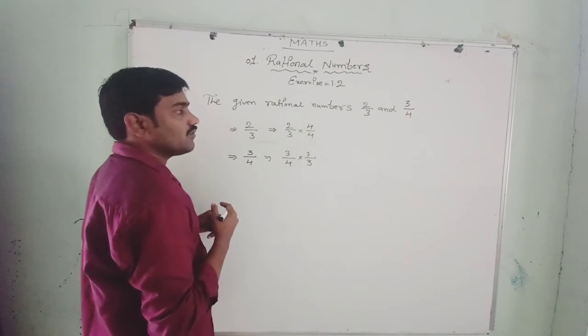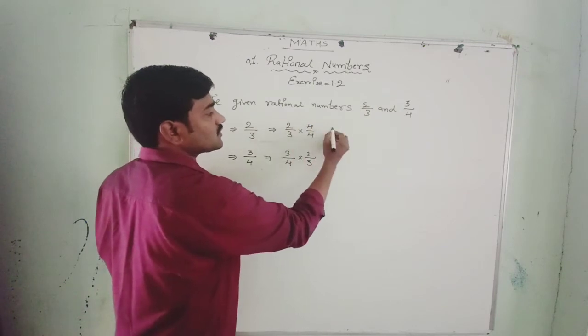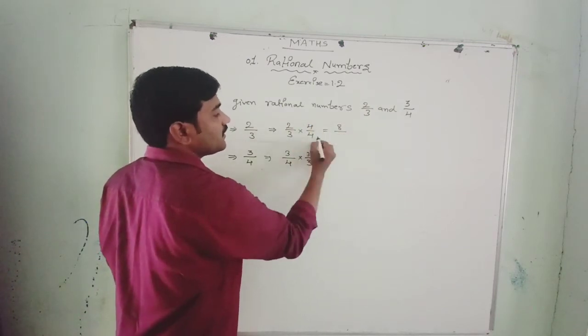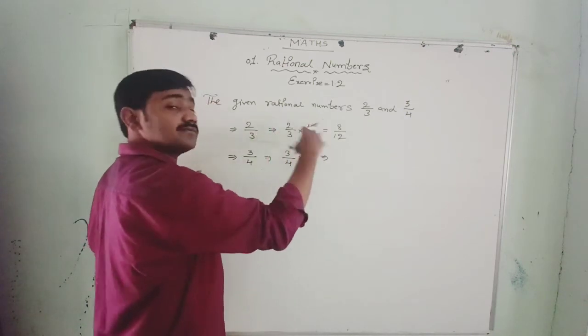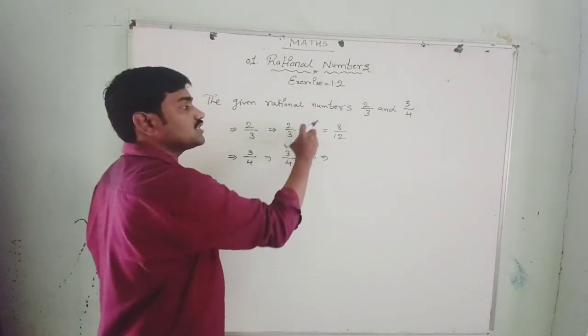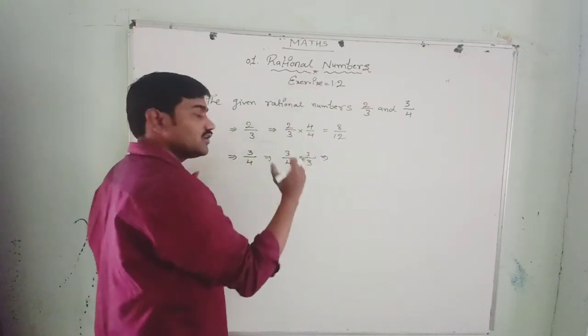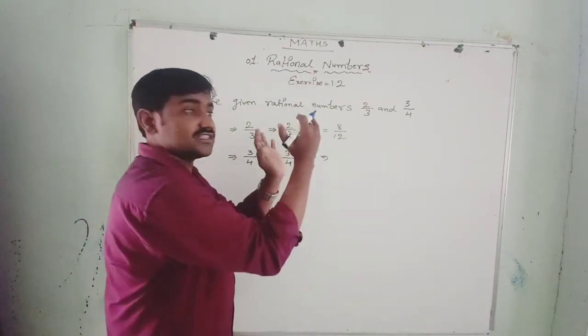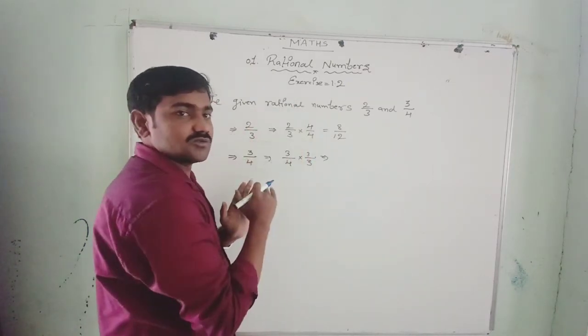Yes. Now what you get? See, you will get here 2 4s are 8 by 3 4s are 12. అంటే ఈ 2 by 3 ని 4 times ఇంక్రీజ్ చేస్తున్నాం. For this 2 by 3 we are increasing 4 times and this 3 by 4 fraction we are increasing 3 times. For numerator and denominator both we are increasing, not only denominator, not only numerators, both we have to increase. So there will be no change.